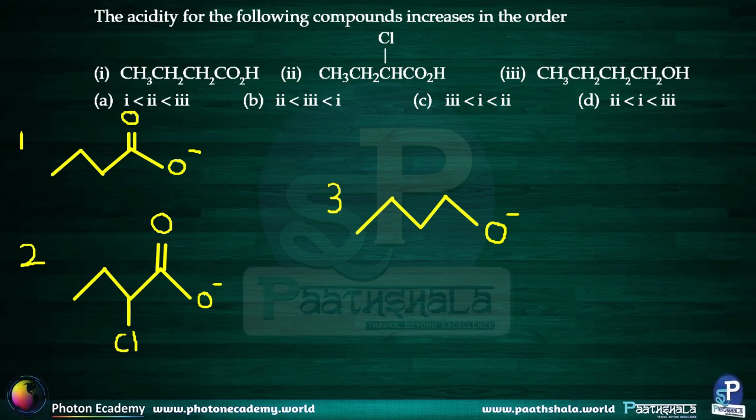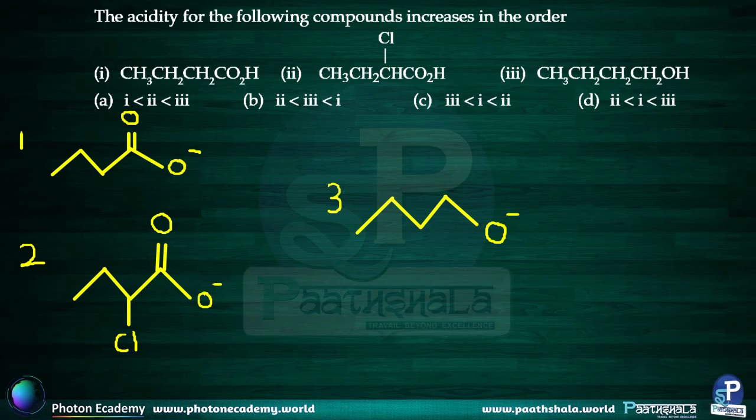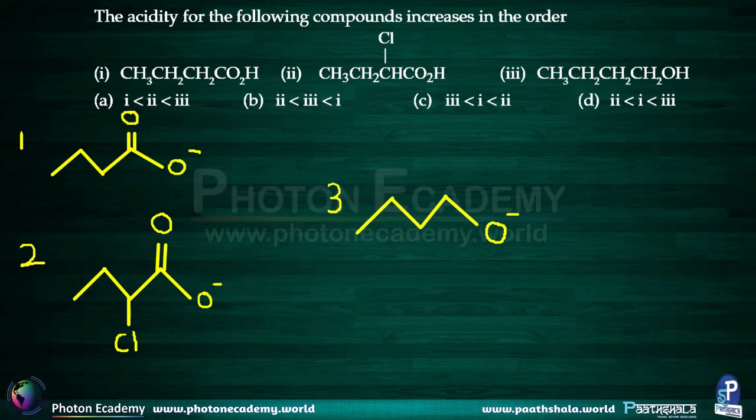And also what we must understand is that the concept involved here says that the higher the acidity of a compound, the more easily it will release a hydrogen ion, or an H plus ion, in a solution, and the part that is left behind, or the anion that is formed, is called the conjugate base of that acid. And the higher the stability of the conjugate base, the higher the acidity of the compound. So the acidic hydrogen from all these three compounds is released in solution and the conjugate base, or the anion,